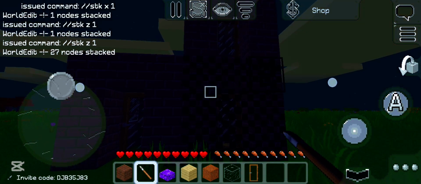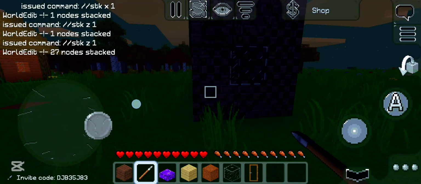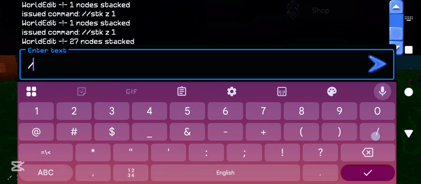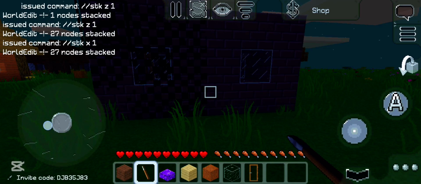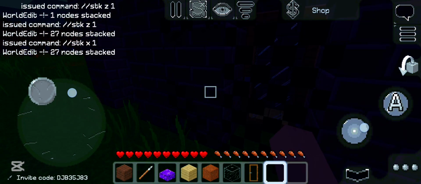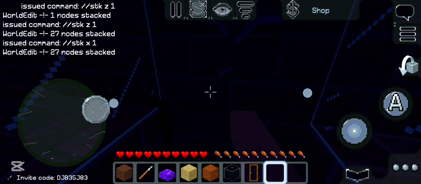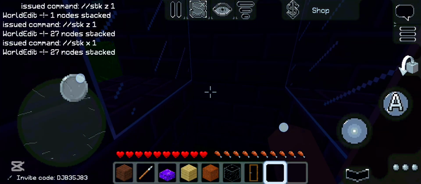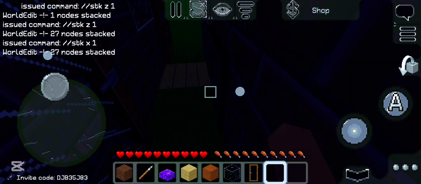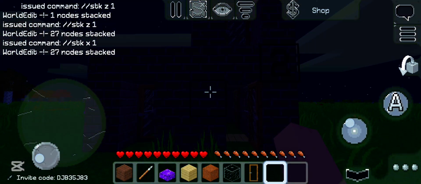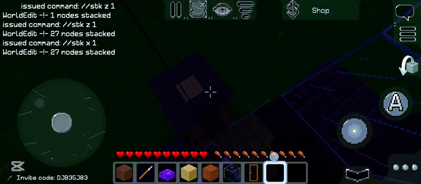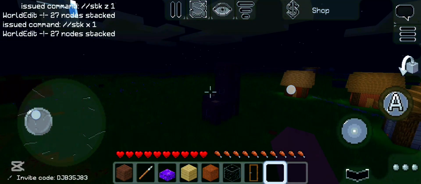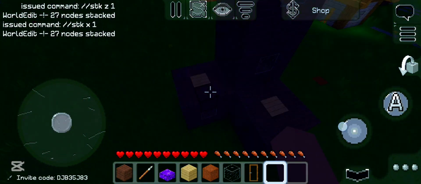And if you want it to the back, you have to type //STKX1 for the backwards one. So like if we break the wall here, we've got another door. So yeah, this is basically it for how to stack it on top of each other and stack sideways